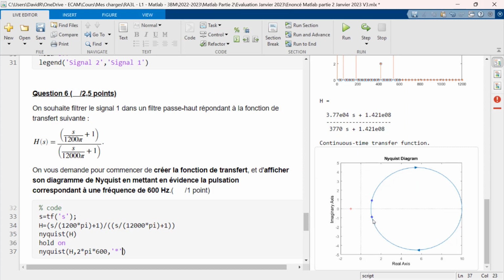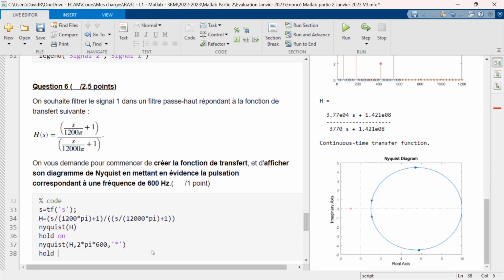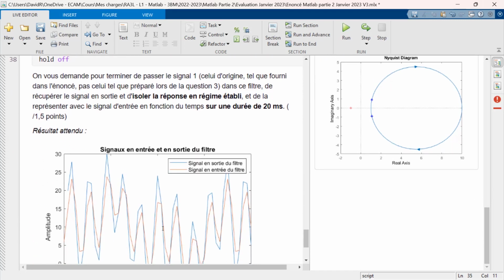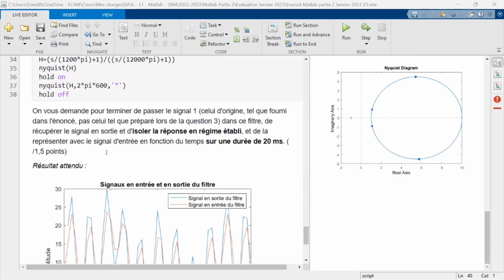Et voilà ce qu'on obtient ici avec justement la pulsation à 600 Hz. Je n'oublie pas de faire un petit hold off derrière pour éviter d'avoir des ennuis si j'ai encore d'autres figures à faire ensuite. La dernière chose qui m'est demandée ici, ça va être de passer le signal 1 dans le filtre qu'on vient